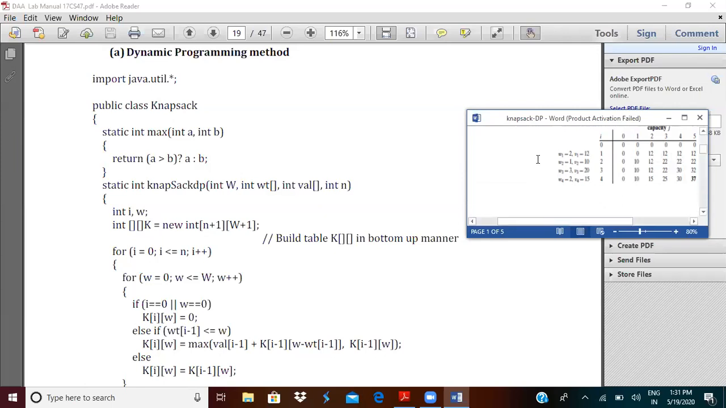Next, I'll try finding this value, that is K of 1 of 1. So the I value would be 1. W is equal to 1. I'll increment W. W becomes 1. 1 is less than or equal to 5. Condition is true. When the condition is true, what will I do? I'll check if I is equal to 0. I is not 0, W is also not 0. Then I'll come here and check the weight of I minus 1. Weight of I minus 1 means the I value is 1, 1 minus 1. If we see the computation here,